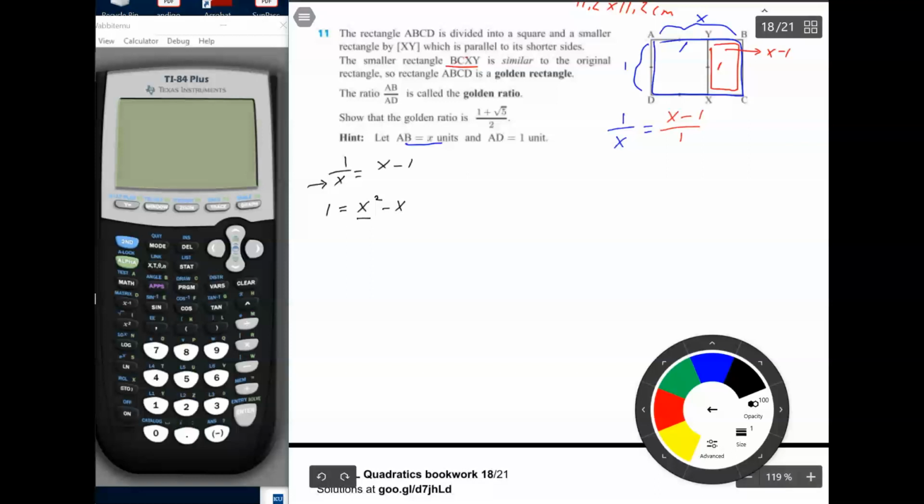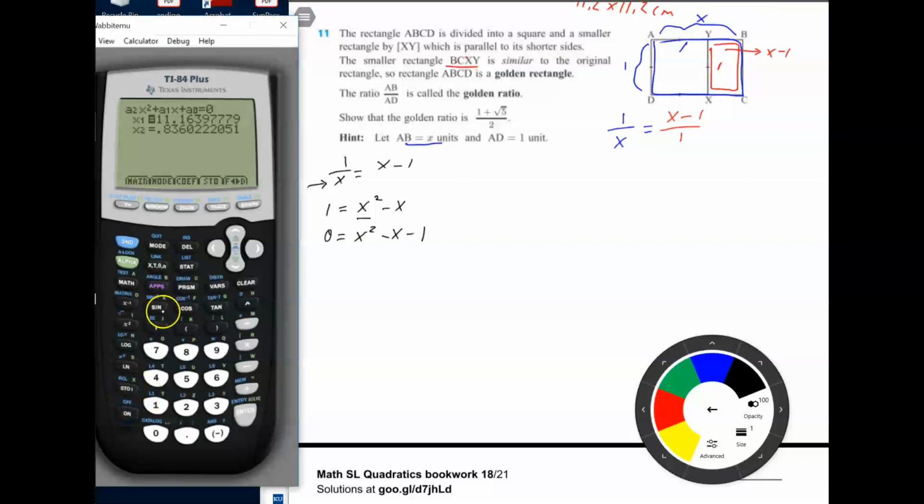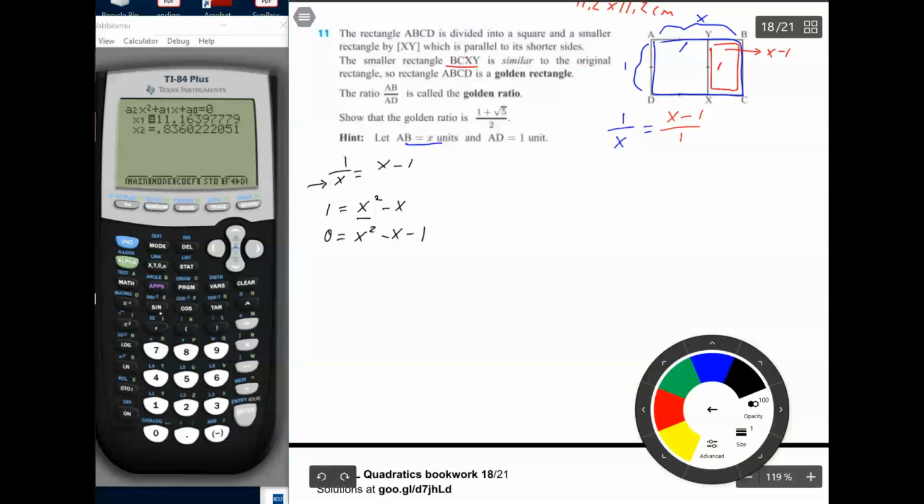Now, since it's a quadratic, I do need to solve it by putting 0 on one side. So I'm going to subtract 1 from both sides, and that gives me this. Now, is this solvable with factoring? Of course not. Then the golden ratio would be an integer, and it's not. So, okay. Oh, well, we have to show that the golden ratio is going to give us this value, and the only way we're going to get that value is if we do quadratic formula by hand. So forget PolySMLT. Okay. So now we have a equals 1, b equals -1,